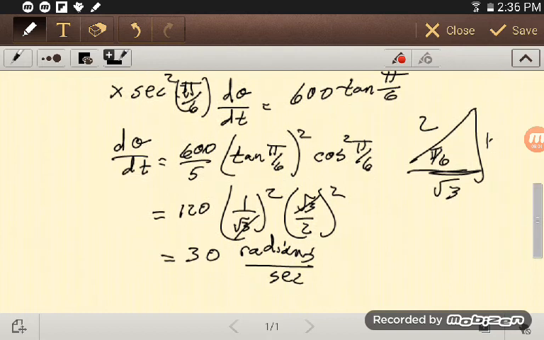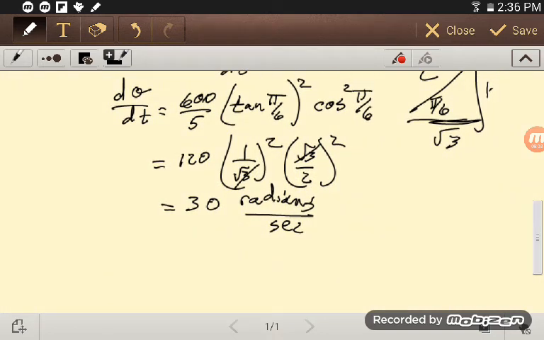Well, it's going 600 miles per hour, so 600 miles in an hour is 10 miles in a minute. Okay, so it would have taken less than 60 seconds